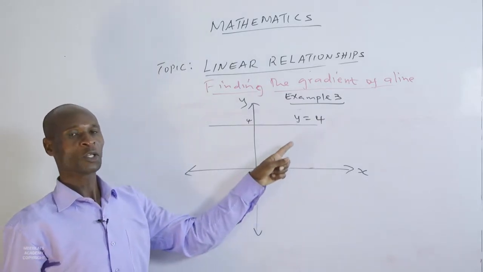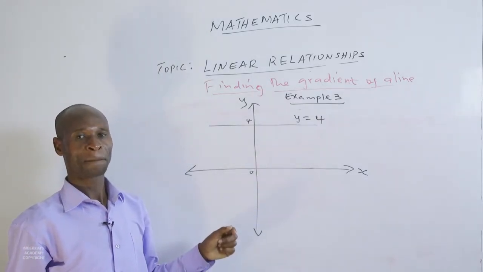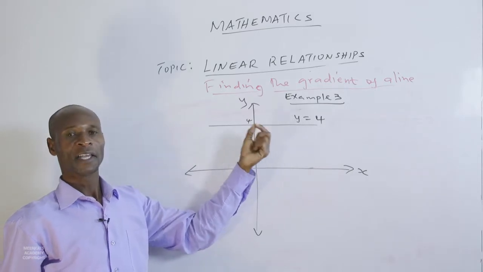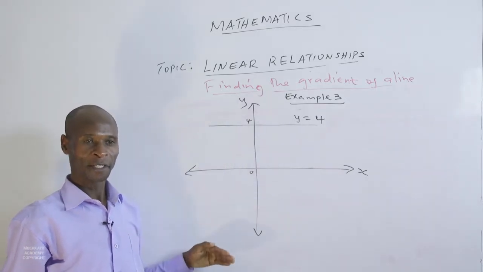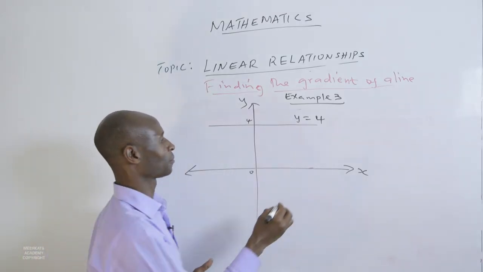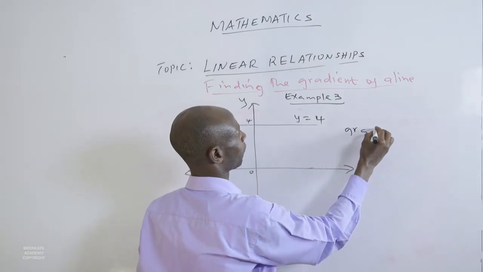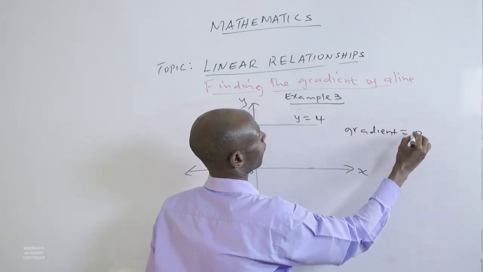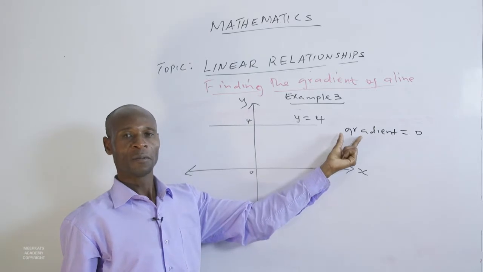The equation of the horizontal line is y is equal to 4. And we said that for the gradient of a horizontal line, you don't need to calculate. The gradient of a horizontal line is 0. The gradient is 0 because